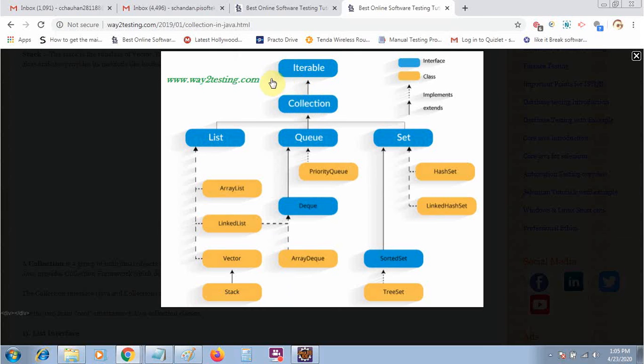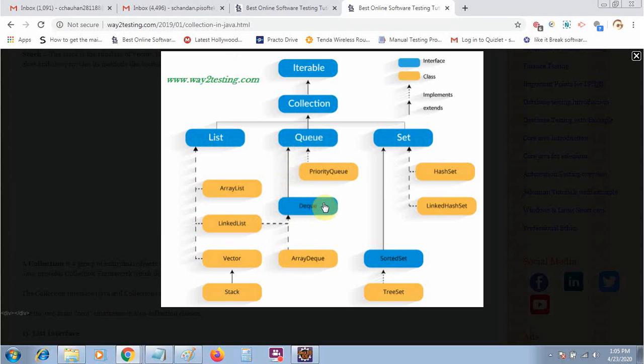First of all, we have the iterable interface. Iterable means it has some methods like the hasNext method to check whether your list or collection has something or not. Then we have the collection interface. Inside the collection interface, we have classes like list, queue and set. Inside the list, we have array list, linked list, vector and stack, as I told you.